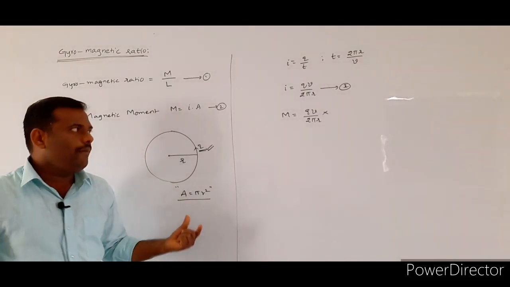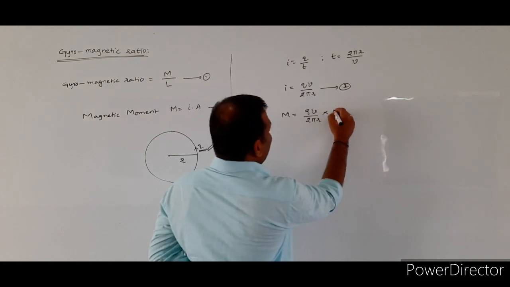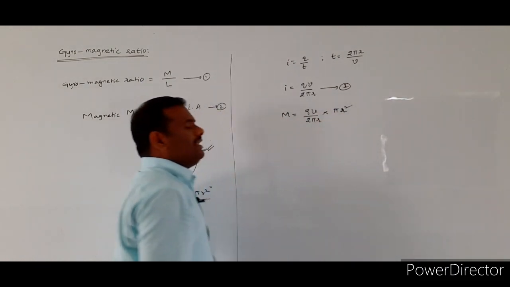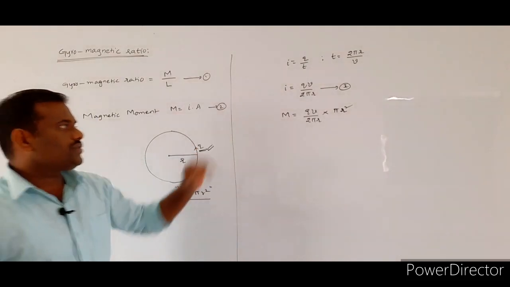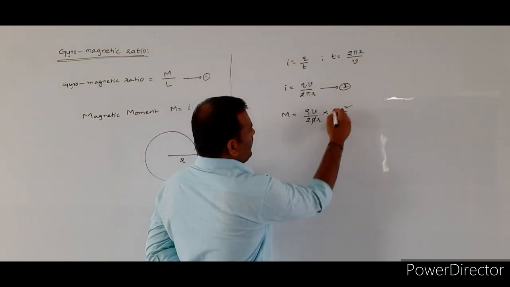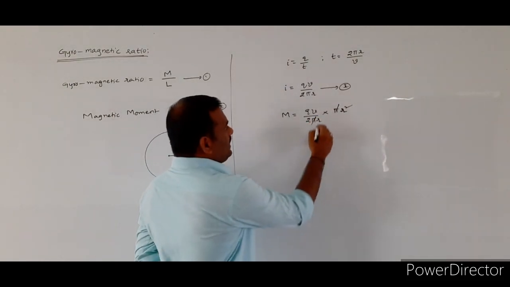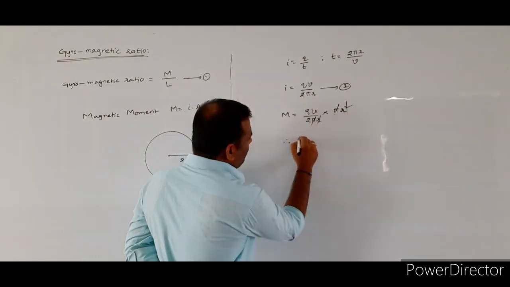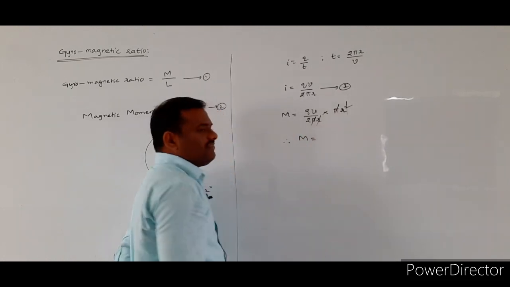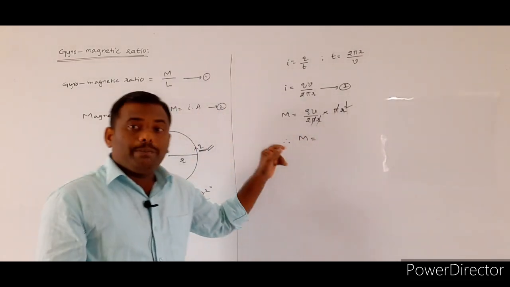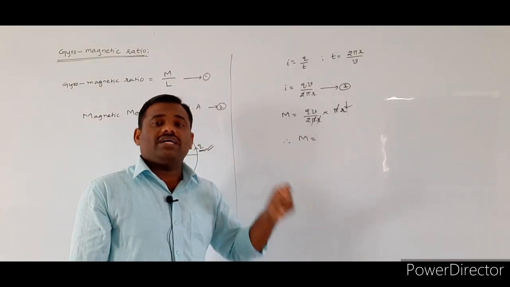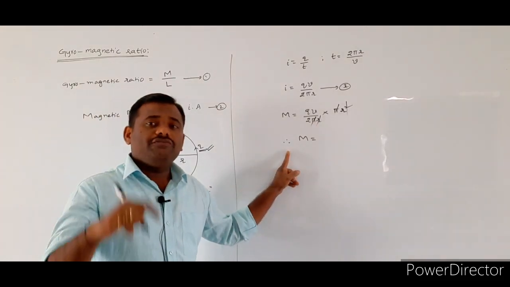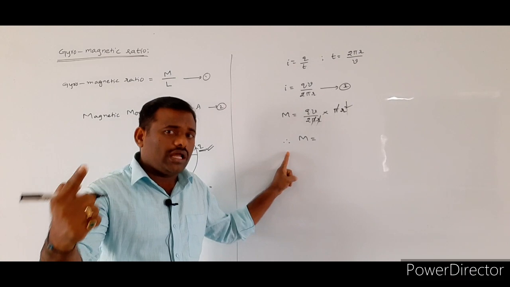In the place of capital A, I am writing pi r square. Now if you simplify, pi gets cancelled, and r also gets cancelled. So the final expression for the magnetic momentum of the charged particle, which is revolving in the circular path,